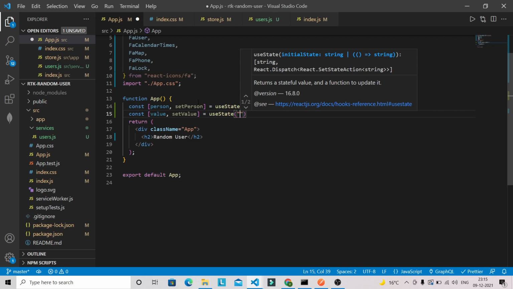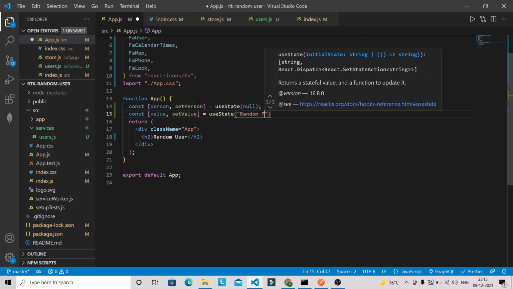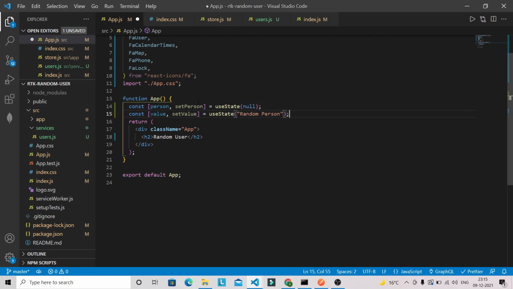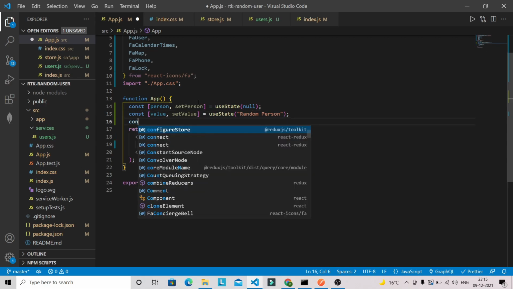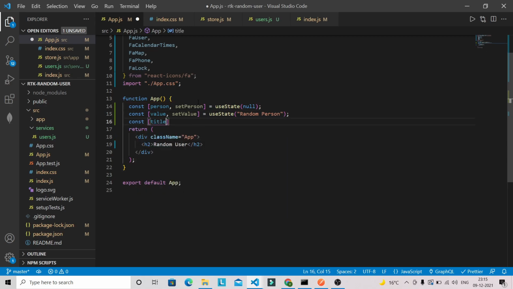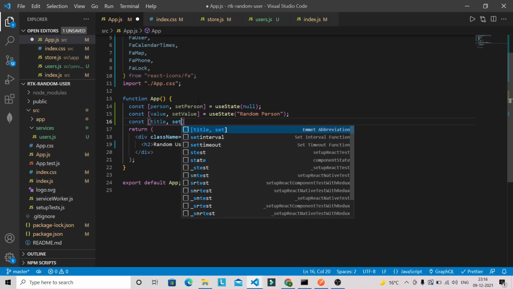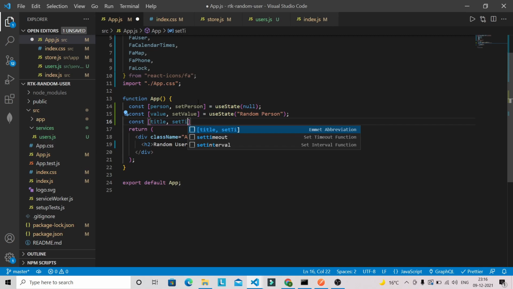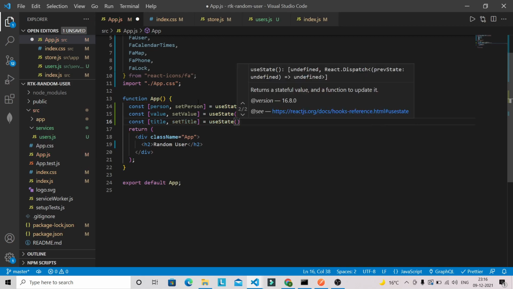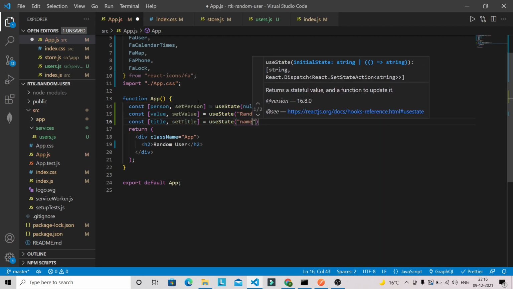So I'm just giving here value random person. Okay, and let's define the title, and title is nothing but the name of that random person, so the title will get changed on hovering the icon. Okay, so let's define this state as well. So useState, and let's give just name here,